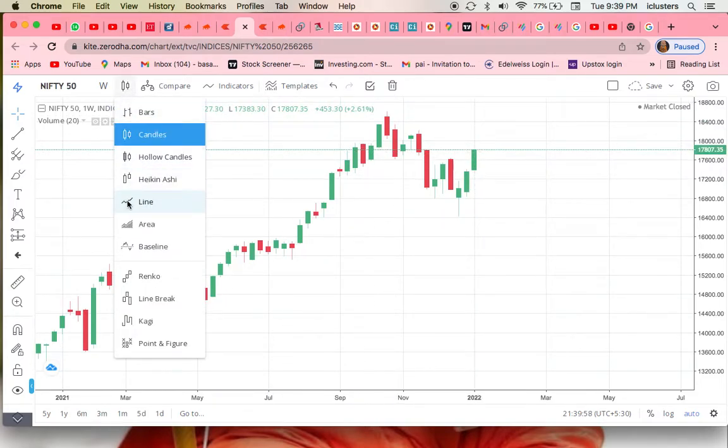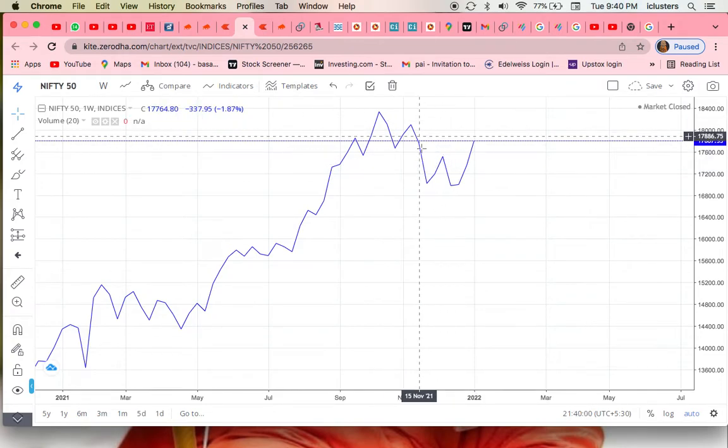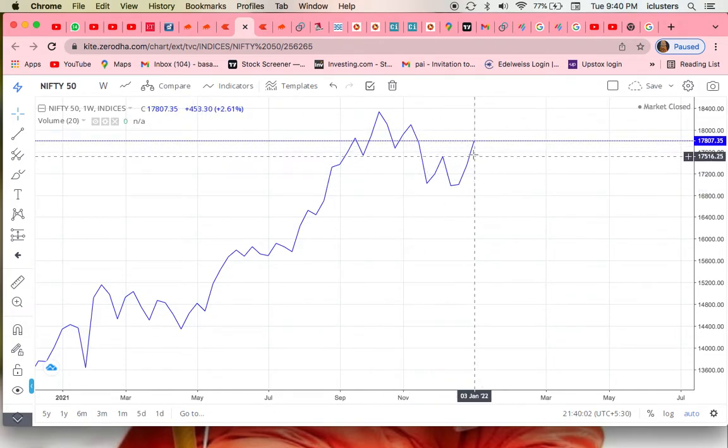If you want to check in the line chart also, see, this is the W pattern it has created and it will break like this. Okay,